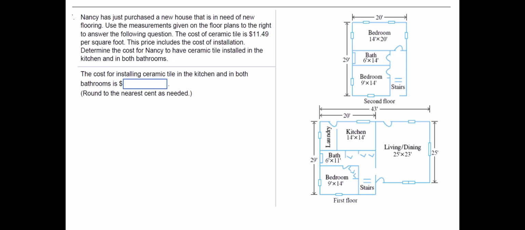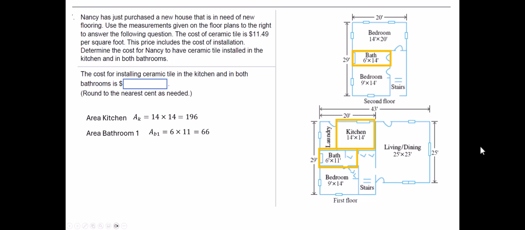Now let's look at our picture. Here is a bathroom, here is a kitchen, and here's our bathroom. First, let's figure out the area of each of those. The area of the kitchen is 14 times 14, which is 196. The area of bathroom 1 is 6 times 11. I'm calling this one bathroom 1. That gives us 66. And the area of bathroom 2, I'm calling this bathroom 2, is 6 times 14, which